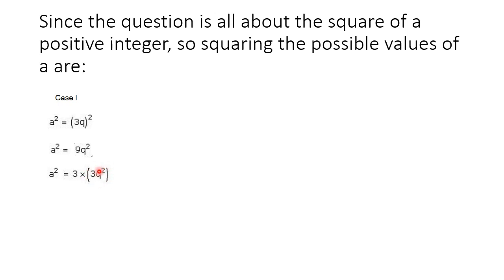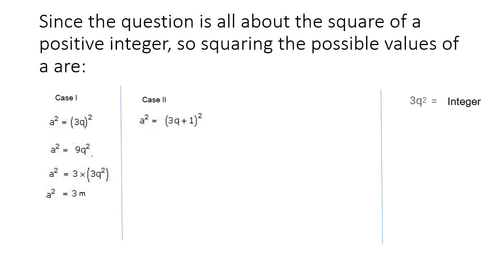So for our particular question, the integer can be written as m. So I am applying this to 3q square as an integer. The form will be a square is equal to 3m. So the first case, a is equal to 3q, will prove to be of the 3m form. Now coming to case 2.